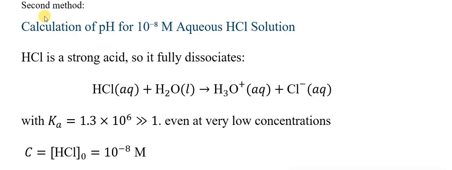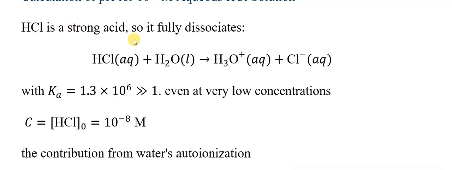That is the second method to calculate the pH of 10 to the power minus 8 molar aqueous solution of hydrochloric acid. In the last video we have already calculated the pH of this concentration of HCl. That was the first method. That is the second method,